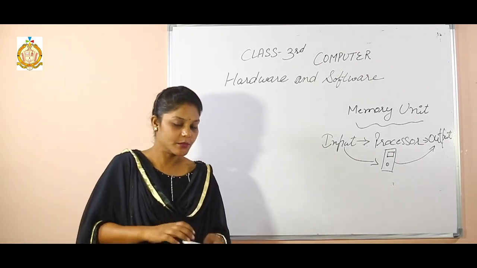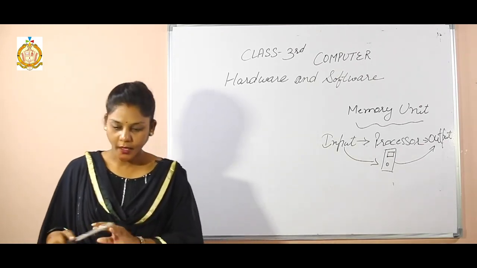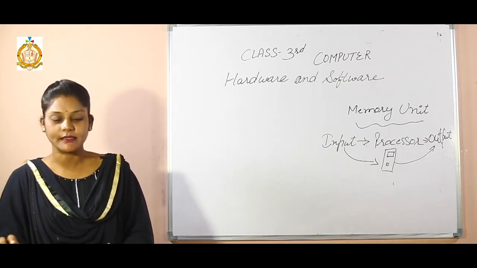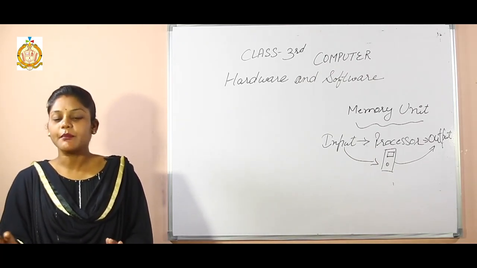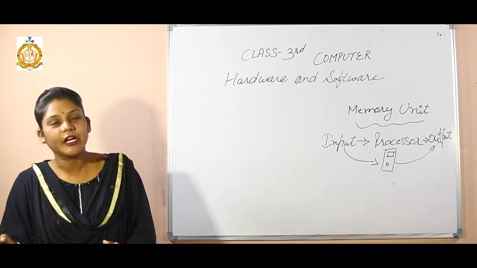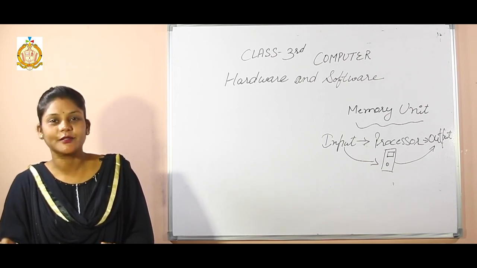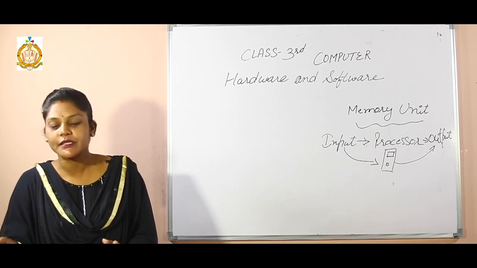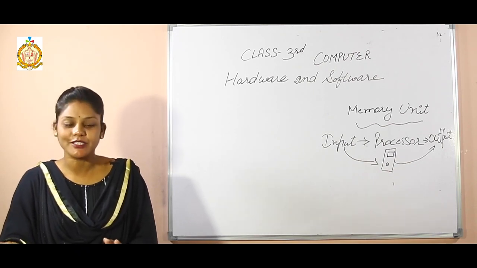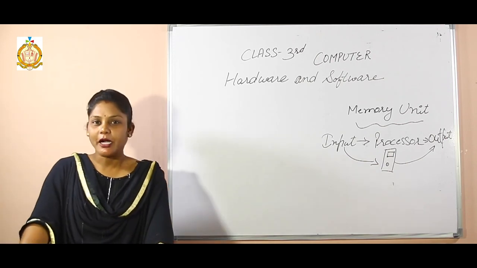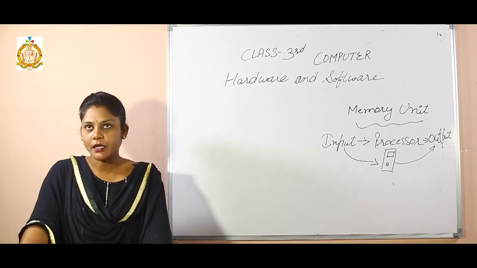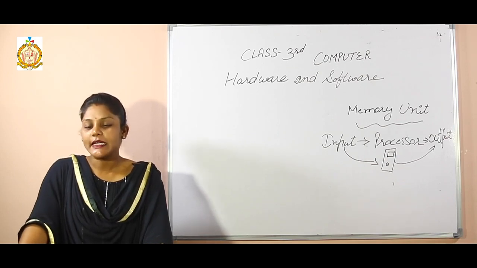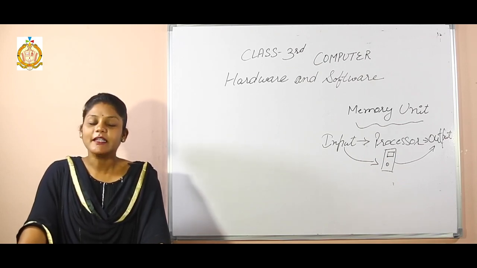So our next point is on page number 13, output devices. After processing, the computer shows the final result or information. Okay, students, please underline this line. After processing, the computer shows the final result or information. That is also part of the question and answer from this line. Any hardware component that shows the final result is called an output device.